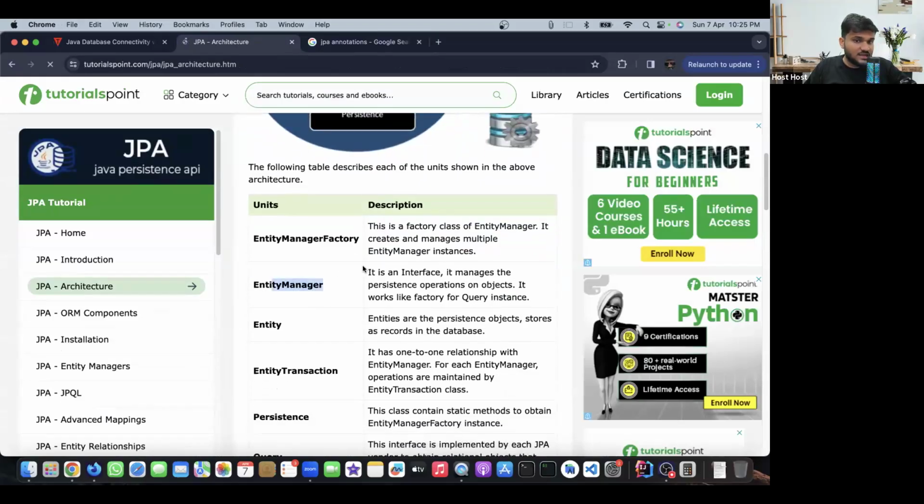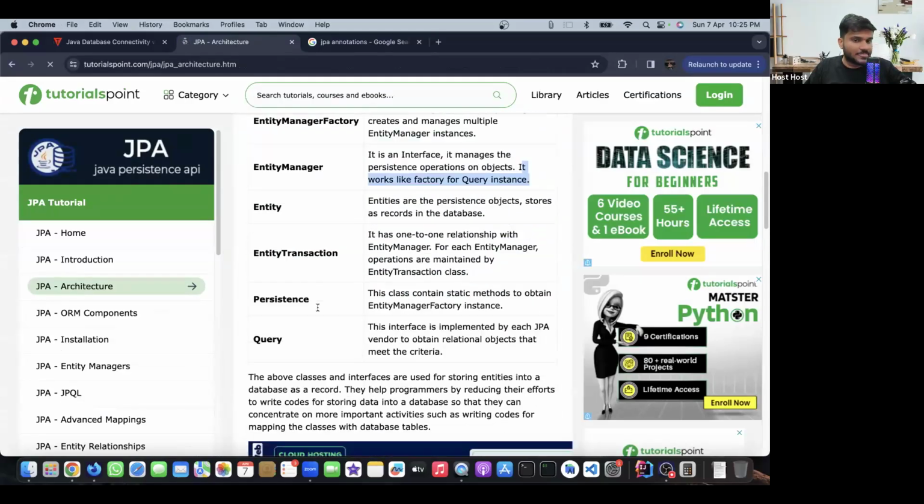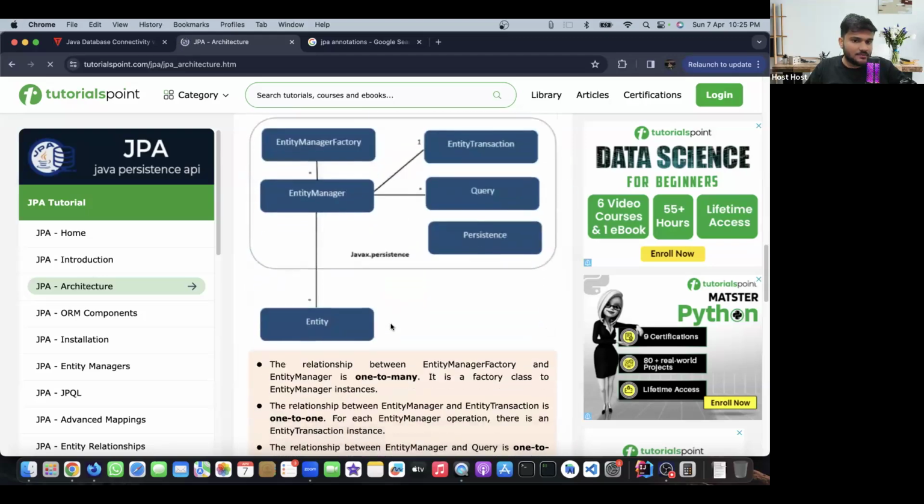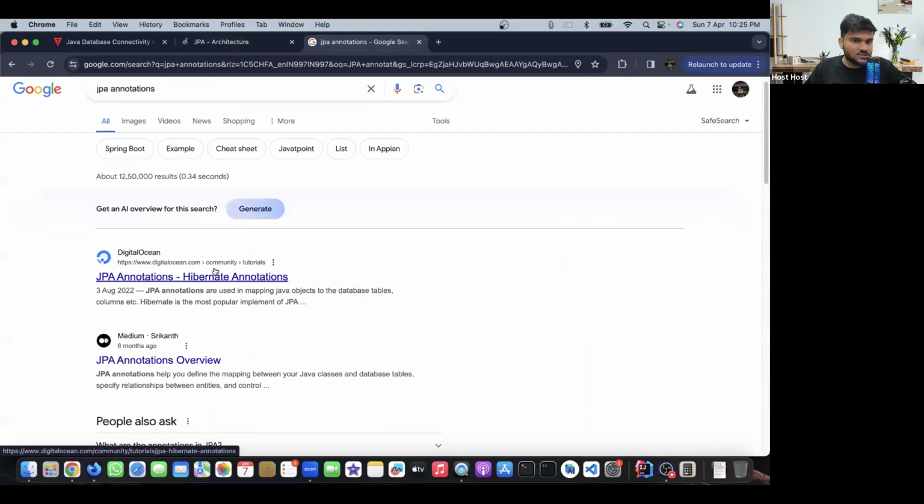What is entity manager? It is an interface. It manages the persistent objects. It works like a factory for the query instance. Then you can see there was entity. Entities are persistence objects, stored as records in the database. Can you see? Right? And if you see JPA annotations,